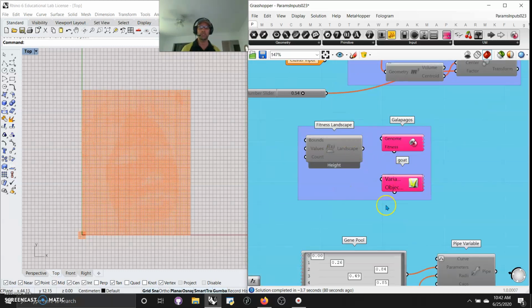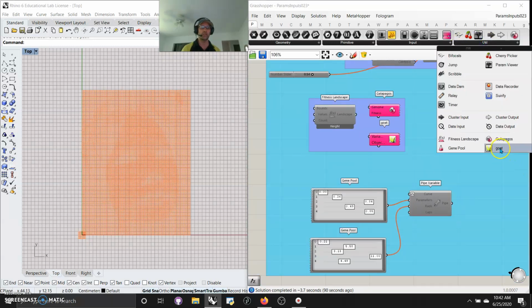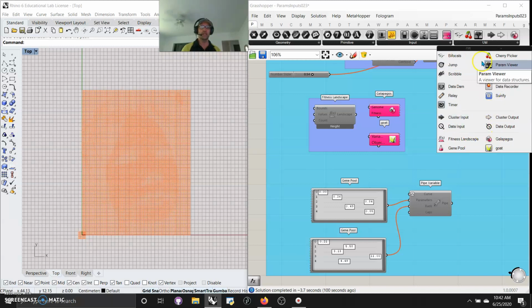And there's actually some optimization plugins, Galapagos, I want to cover as well, because that's where it emerges when you bring in GOAT and Galapagos. The gene pool we've used, the fitness landscape, is tied to that optimization. This gets pretty thick as well, but I think to spend the time on these first 25 videos, maybe more,